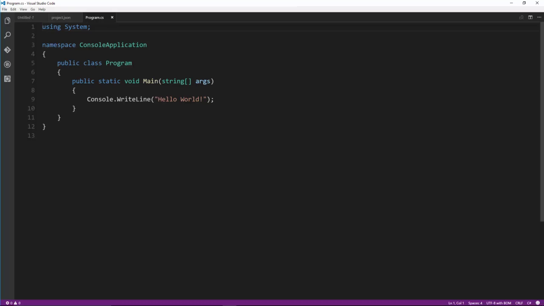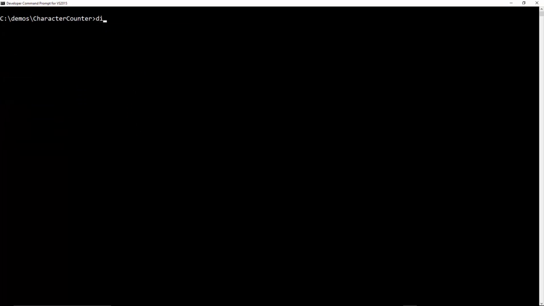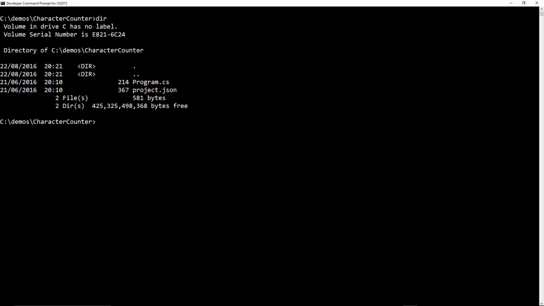So it creates this code for me. It creates the namespace. It creates the program. It adds public static void main, and then it just writes out Hello World. Once we have that in place, we can run the application. But before we do that, we have to run dotnet restore to restore any dependencies that this application relies on. So before we run dotnet restore, let's remind ourselves what's in this directory. So we have a program.cs file and a project.json file. So if I run dotnet restore,